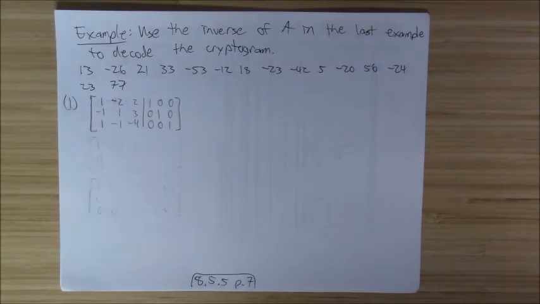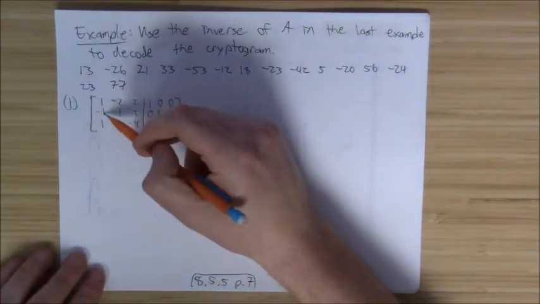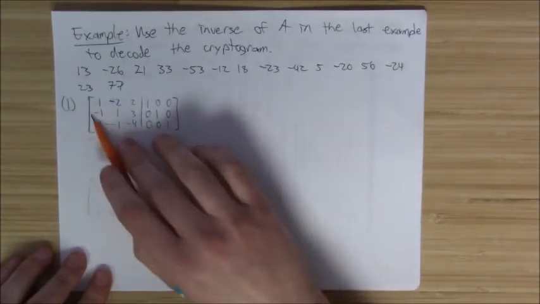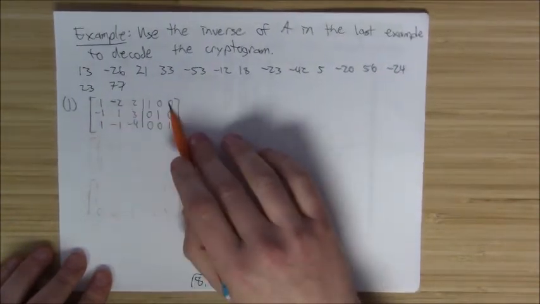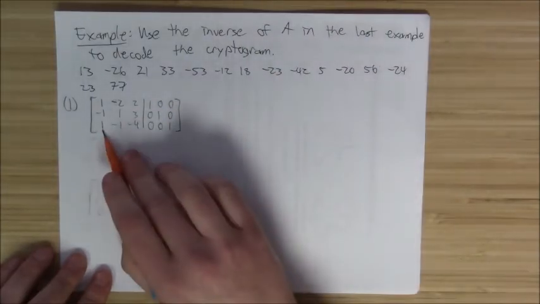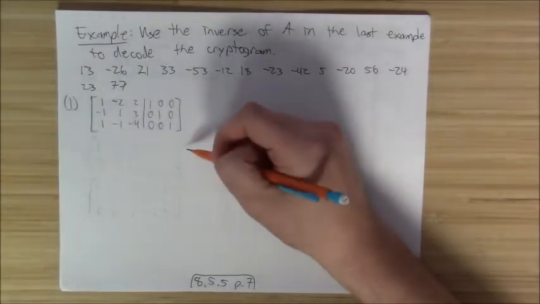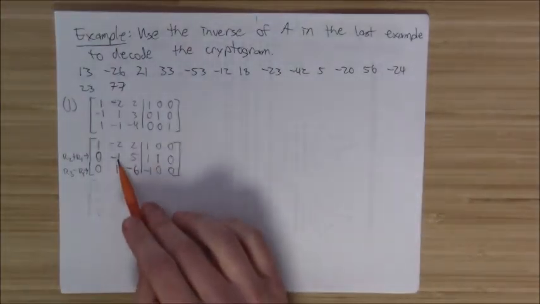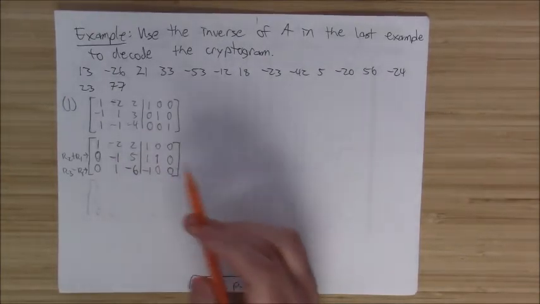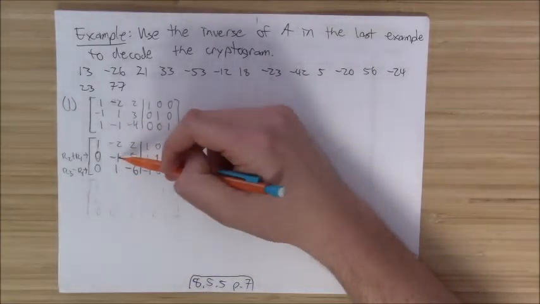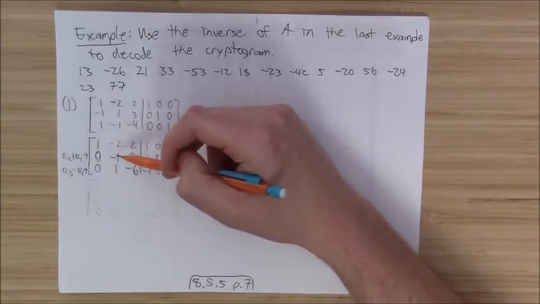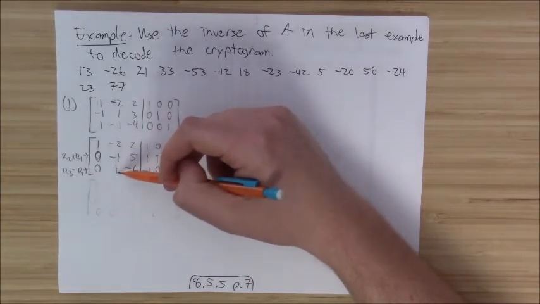So to invert, the first thing I'm going to do is add the top row, row 1, to row 2 to eliminate, and I'm going to subtract row 1 from row 3 to eliminate and get a 0 there. Namely, I would have this. Next, I want to make that a 1 and make that a 0 and a 0 there. So I'm going to take -2 times this to the top row, and then +2 times the, well,